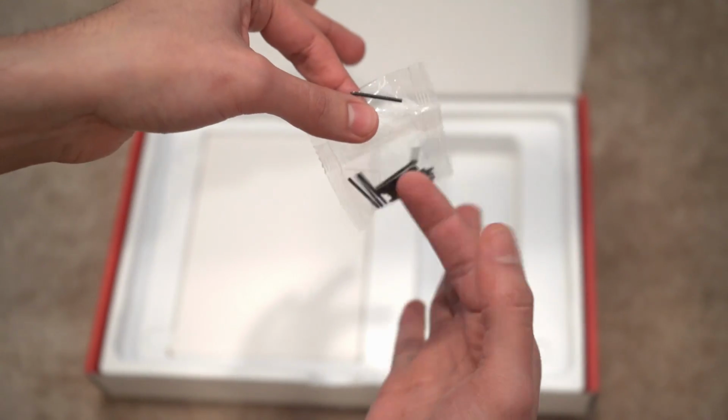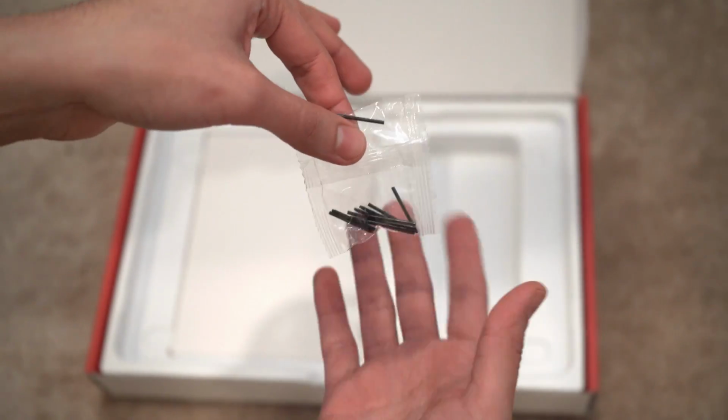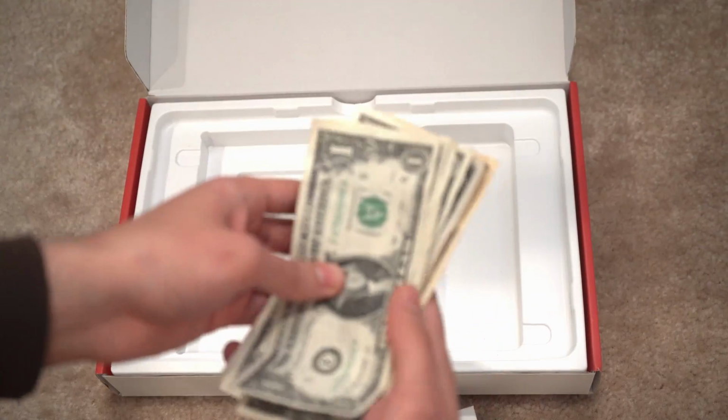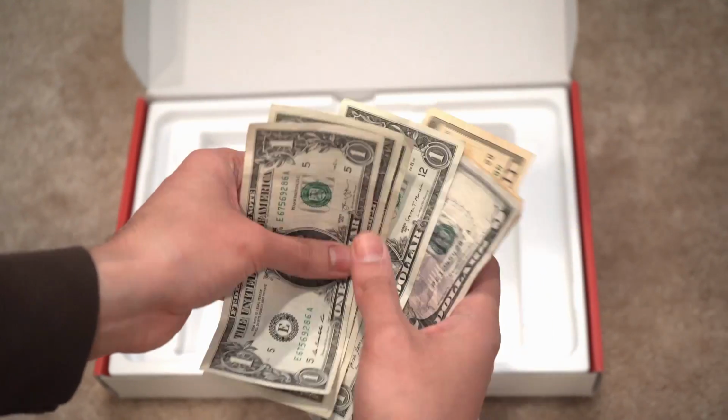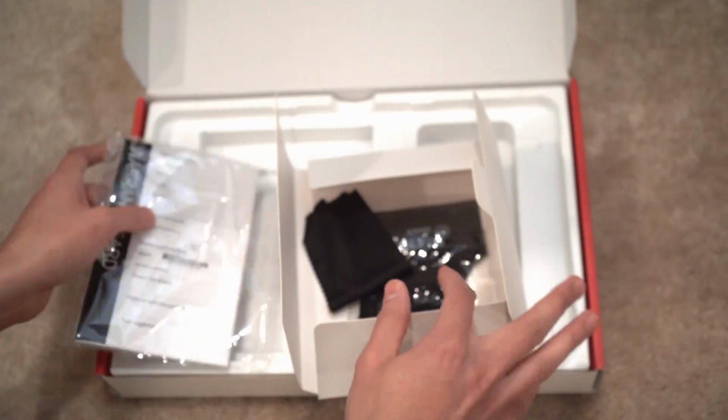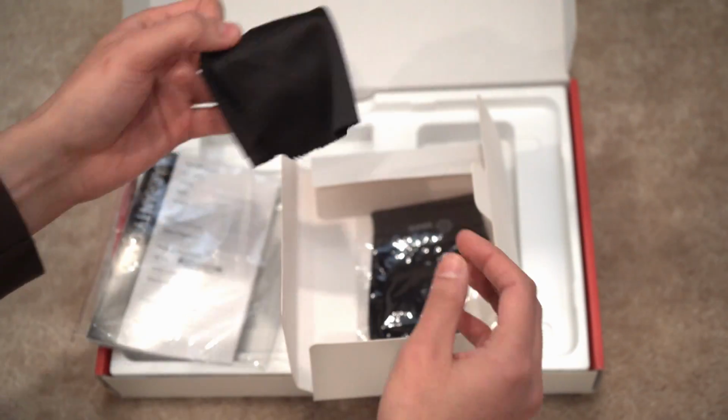Alright, let's go ahead and start by unboxing this tablet. It comes neatly packaged and it doesn't go too crazy with how things are packaged. Everything is nice, simple and to the point. As most tablets typically do these days, it also comes with some extra pen nibs, a glove and a warranty